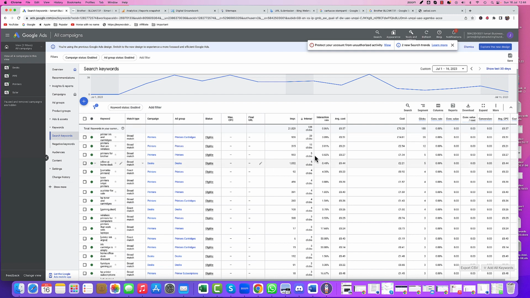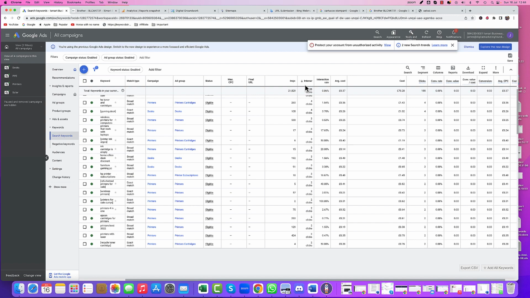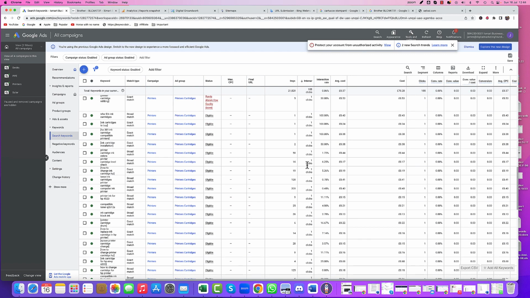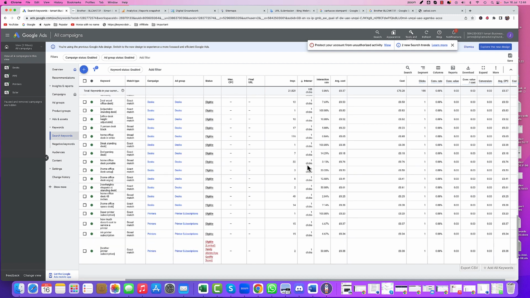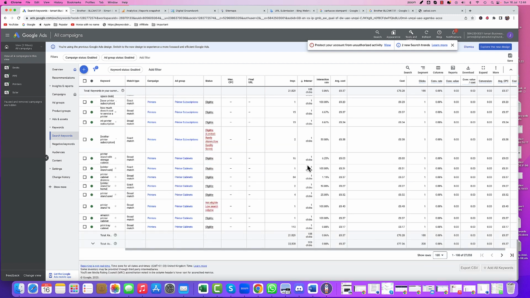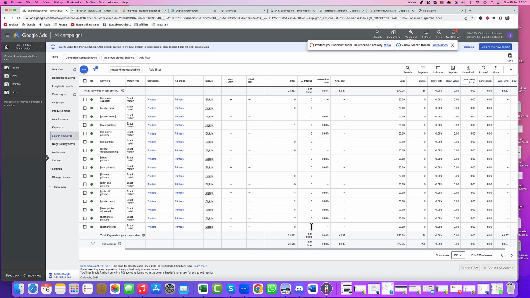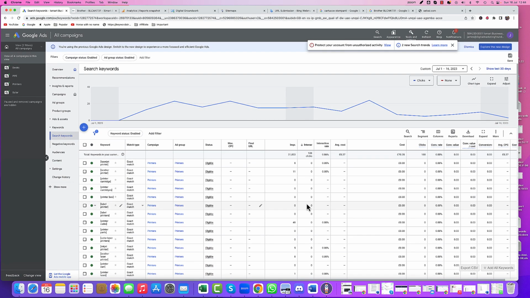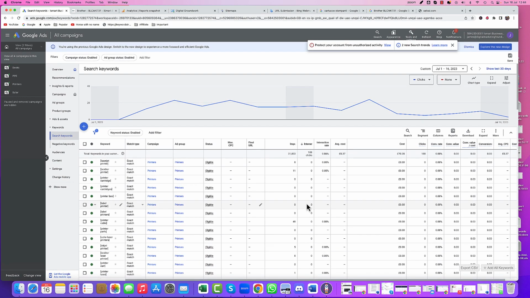Next thing we're going to do is move down the row until, in the click column, you get to the point where you see no clicks. At no clicks you can then stop, because there's no point in going any further. So we've now checked the keywords that we've actually spent money on. Next thing we're going to do